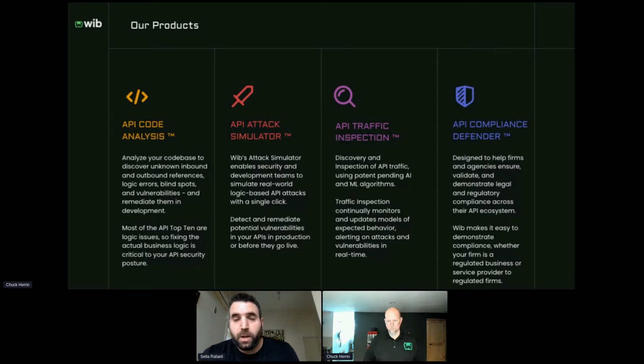This allows us to find many different types of vulnerabilities in the code. We also scan the packages and find outdated packages with vulnerabilities, but most coolly, I would say, within the code itself, we are able to find routes that do not perform validation on input, routes that do not have proper authentication or authorization, routes that do not have rate limiting, and basically every one of the OWASP top 10 can be found at the code level as well.